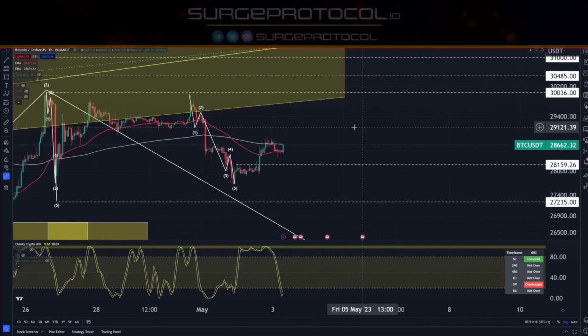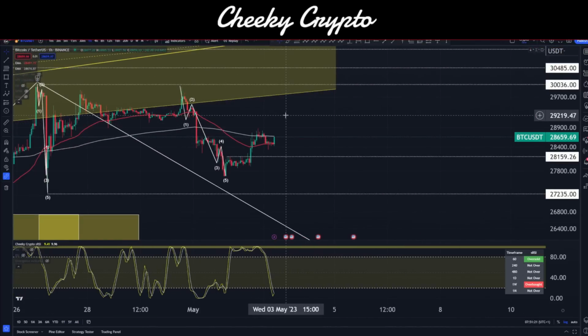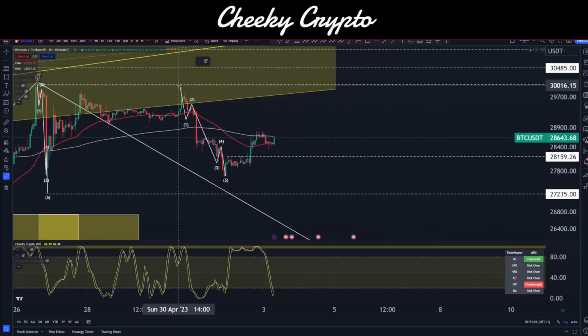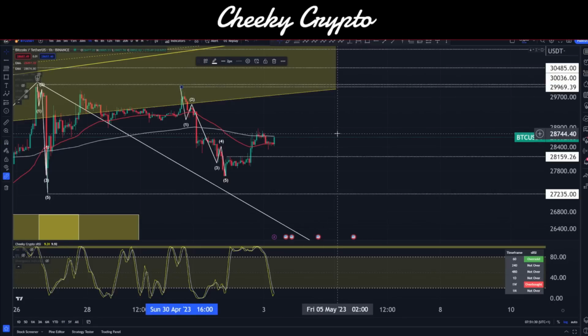From an Elliott wave theory point of view, there's a lot to be said about the bigger macro pieces, and for the smaller movements, I'm still expecting a small push up higher here, but we want to stay below. I'd put another line on here. We need to stay below 29,969. It doesn't really matter how much higher it pushes, as long as we stay below 29,969, we'll keep this structure valid.